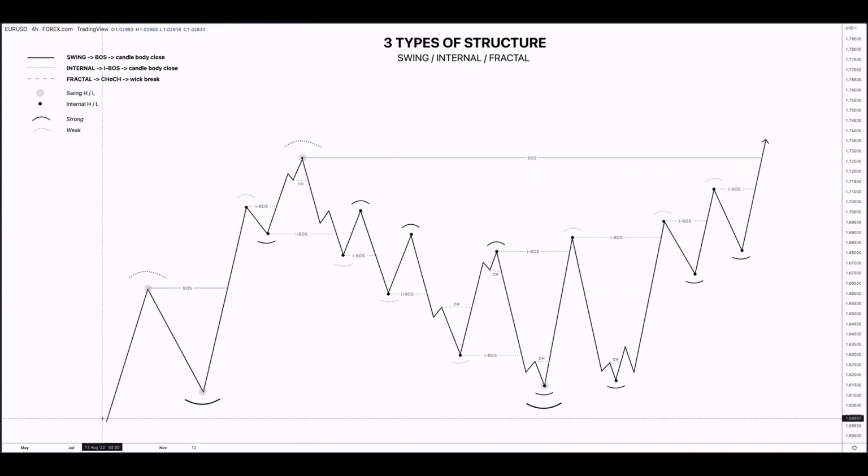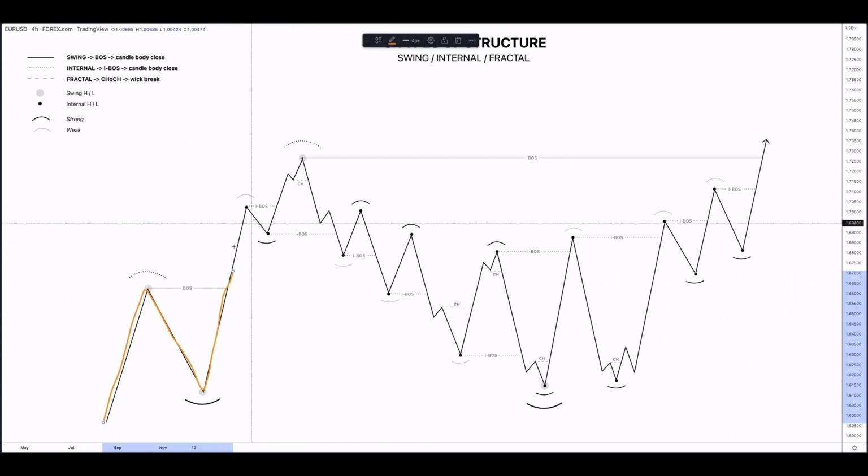Okay, so bullish market, swing higher high, we pull back to form that swing higher low. We get that break of structure, so we're expecting a swing pullback at any moment. Okay, so we get a bit of an internal pullback, but it's not a swing pullback, and we continue to the upside. We get a little bit of a pause, so just a bit of fractal structure, and we continue up. Okay. Now, when price first comes down and we break that fractal low to form a fractal lower low,